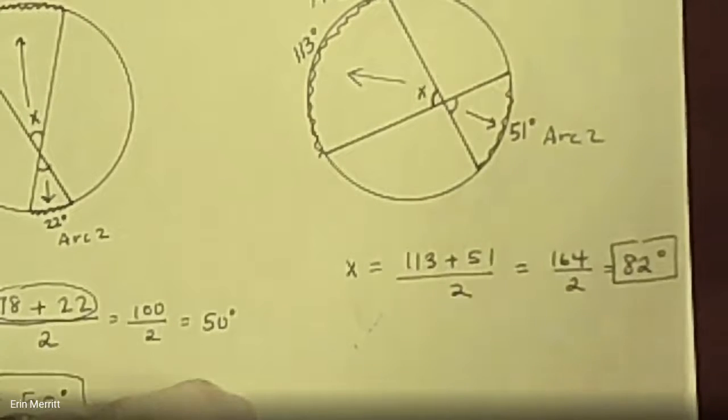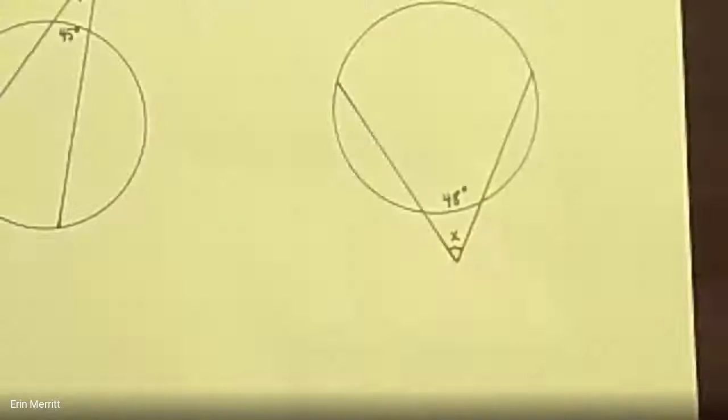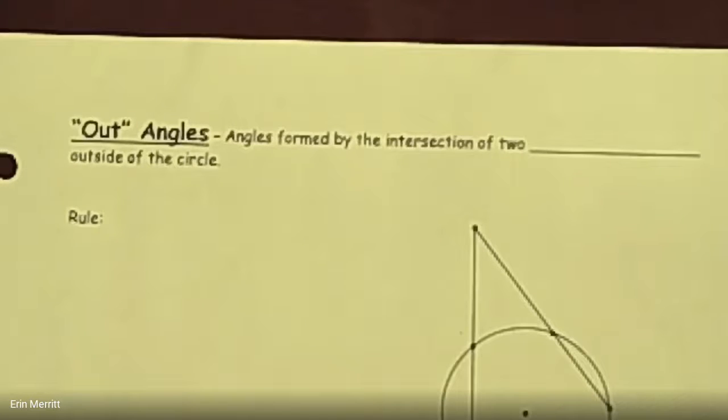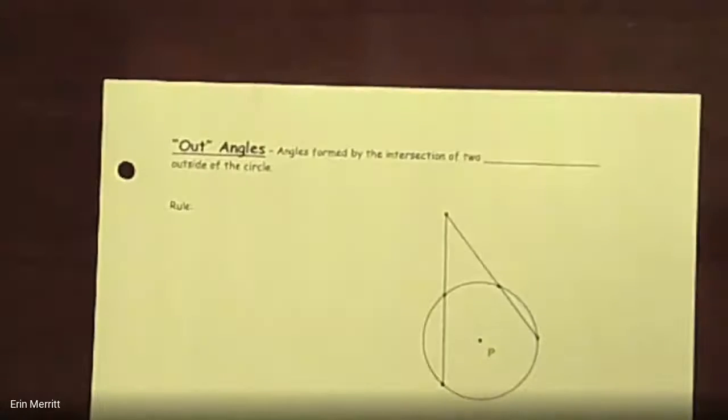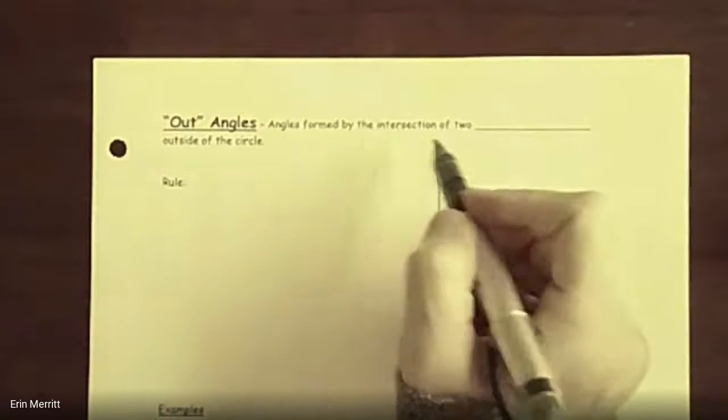Rule number 2 for today is called an out angle. And why we call it an out angle is because it falls on the outside of the circle. So we keep it simple. It's just where it's located. So out angles are formed by the intersection